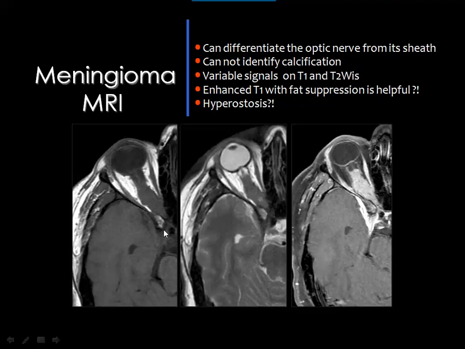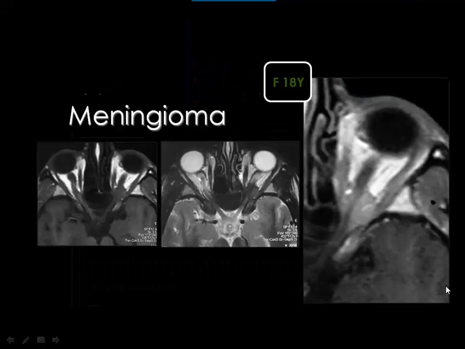Then this is an optic nerve meningioma. You can differentiate the optic nerve from its sheath by MRI, of course, but MRI cannot see calcium. CT is better here, and both CT and MRI can show the hyperostosis resulting from the lesion. And this is a good example of optic nerve meningioma. You see the optic nerve fibers through the